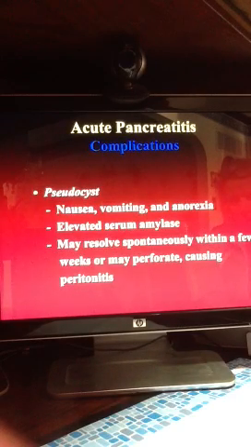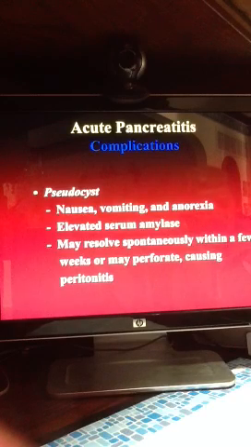The patient will have nausea, vomiting, anorexia. Serum amylase levels go up. Usually it resolves spontaneously within a few weeks. It can change to an abscess if it becomes contaminated, or if it breaks, it can cause peritonitis, and that's